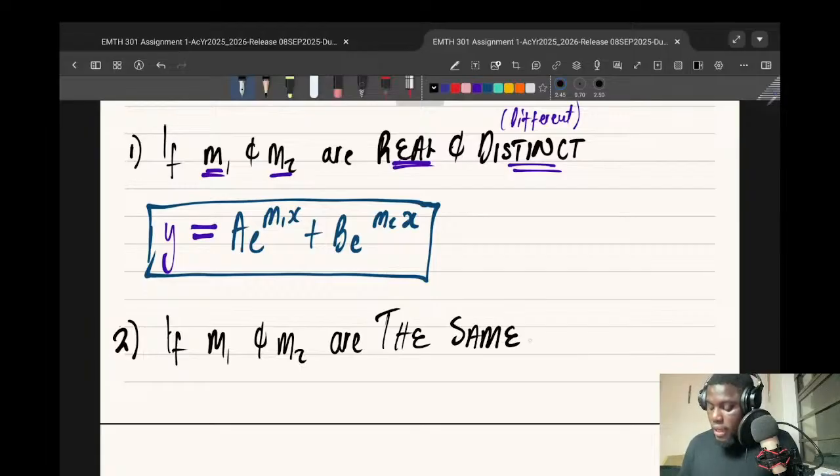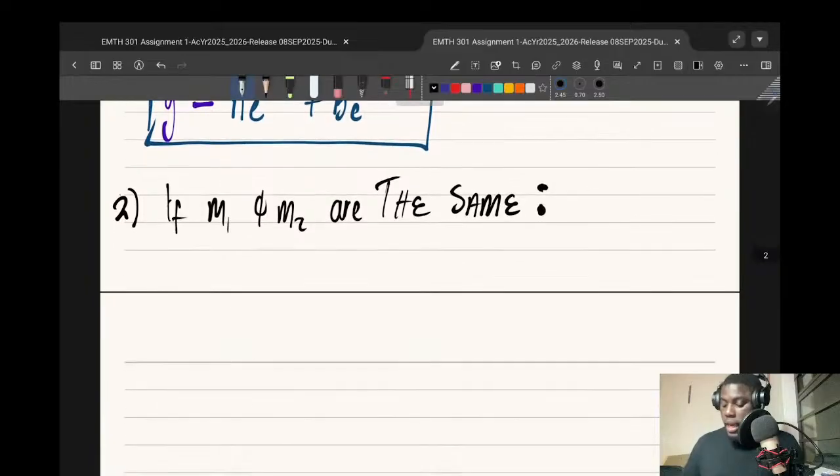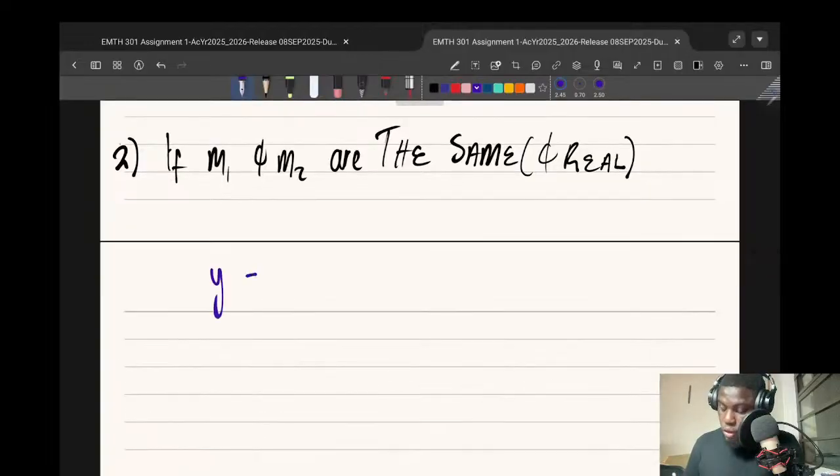Then case number 2: if M1 and M2 are the same. If M1 and M2 are going to be the same, and in brackets we say and real. So you have M1 and M2 being the same and real. So what you actually have as your Y is going to be,